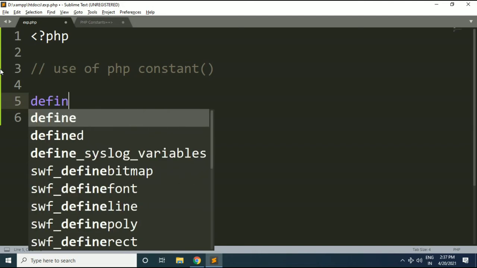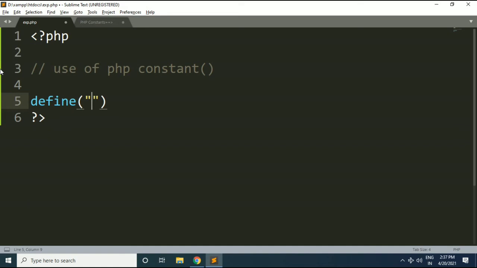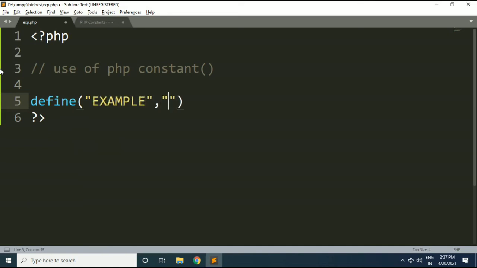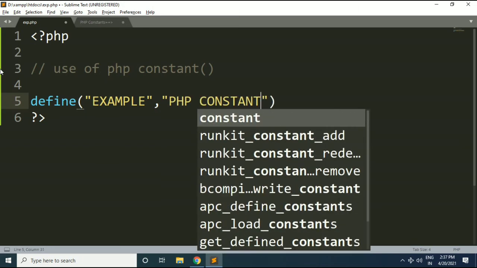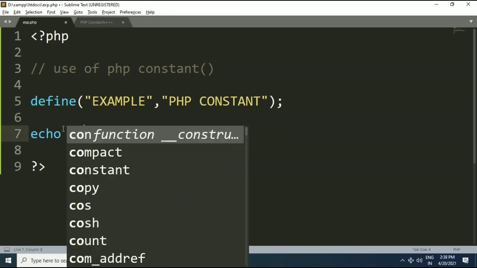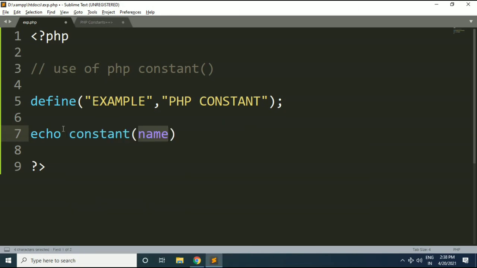So let's see define, and one constant we will create here, example, with value PHP constant. Now I will use an echo statement for accessing the constant value. So I will write echo followed by the constant function, and here we will write the name of our constant, that is example. And if we save this code